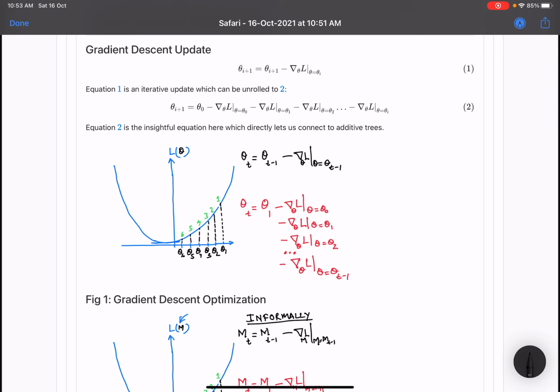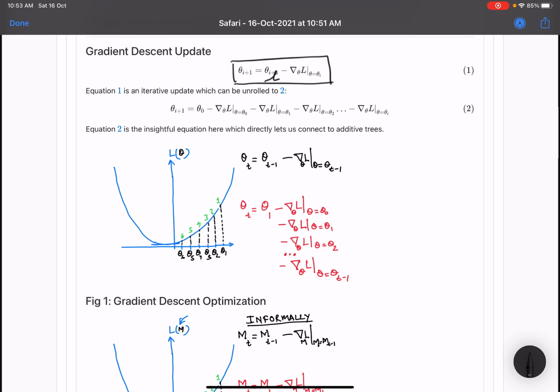So equation 1 is the update equation for gradient descent. Okay, there's a typo here, I will fix that. So theta i plus 1 equals theta i minus gradient of the loss at theta equals theta i, right?